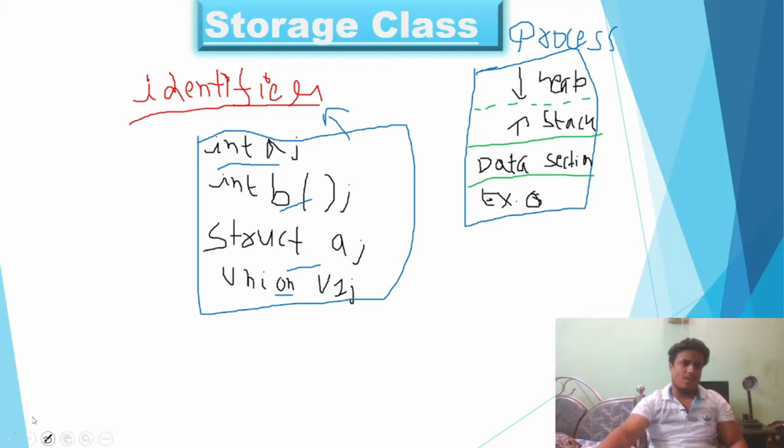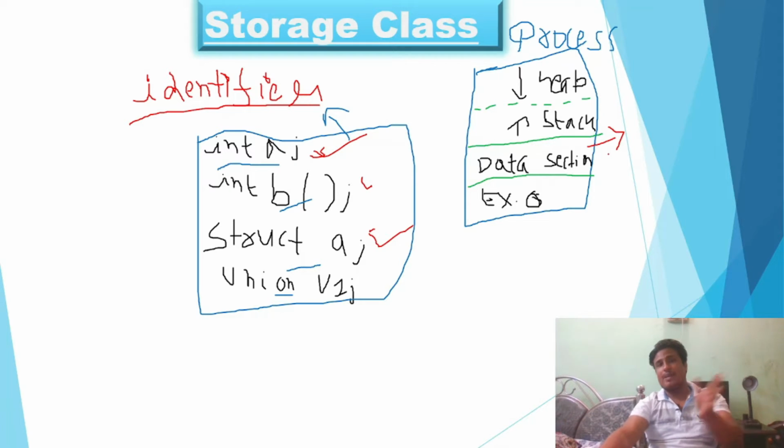So the question is, whenever we declare a variable, how is it stored in our process, or how is space created for it? Some variables are called local variables and some are global variables. Understand it this way: a global variable is applicable to the entire world. For example, the earth is rotating, and the rotation is visible all around the world. So it is a global phenomenon.